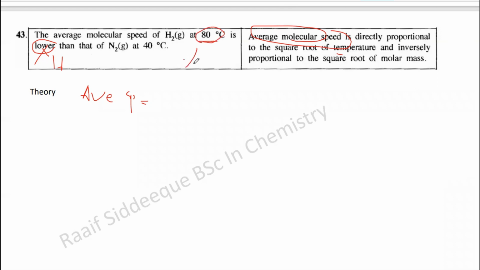Okay, both statements are wrong. This is correct if this is given as the root mean square velocity. Okay, so both are wrong. That is why the answer is